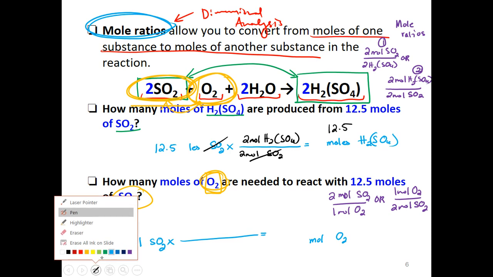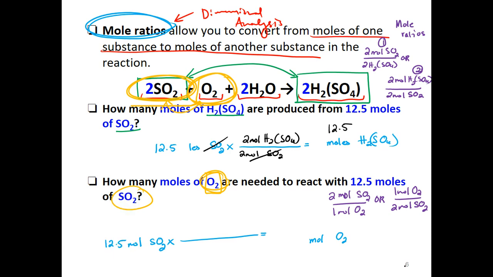Now let's figure out which mole ratio or conversion factor we have to use. I want moles of SO2 to cancel out, so I need the one with moles of SO2 on the bottom. That means 1 mole of O2 on the top, 2 moles of SO2 on the bottom. Moles of SO2 cancel out. 12.5 times 1 divided by 2 gives me